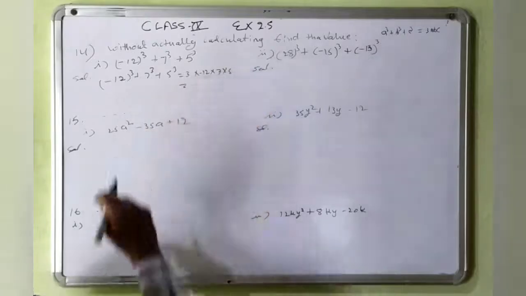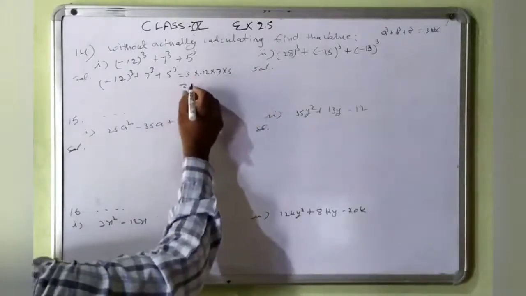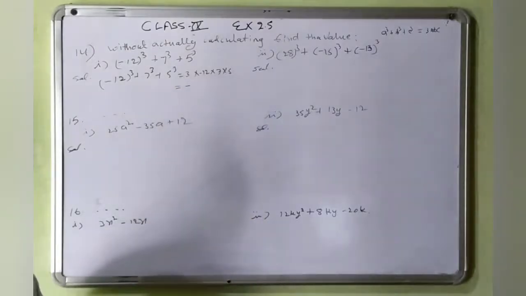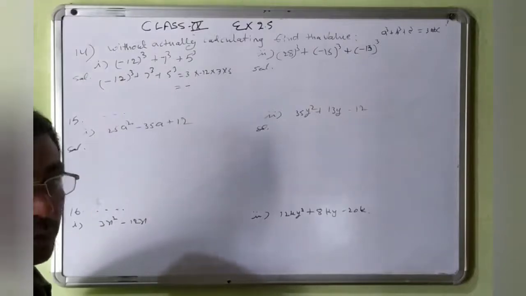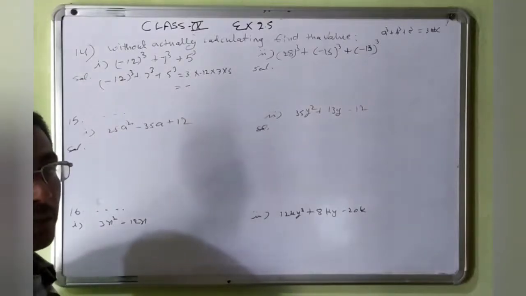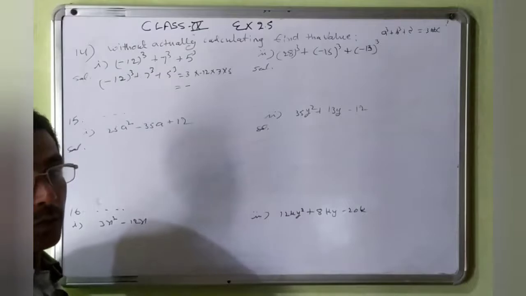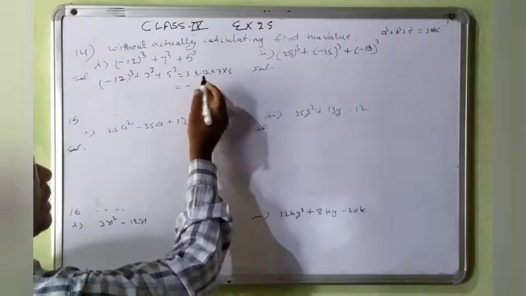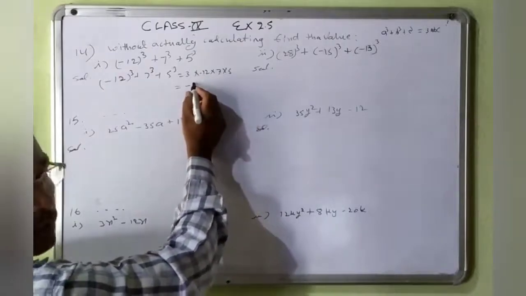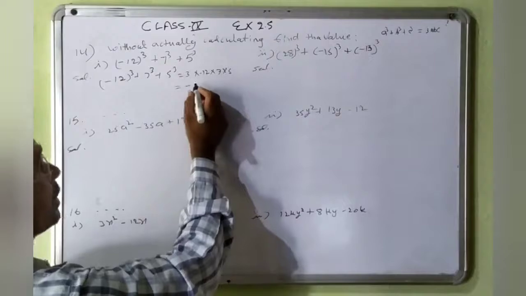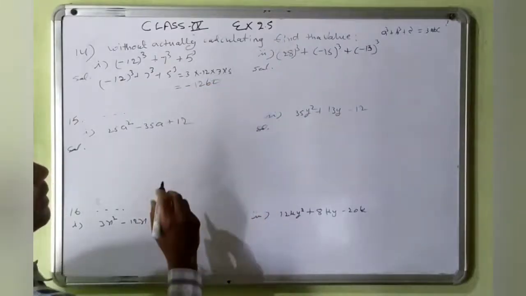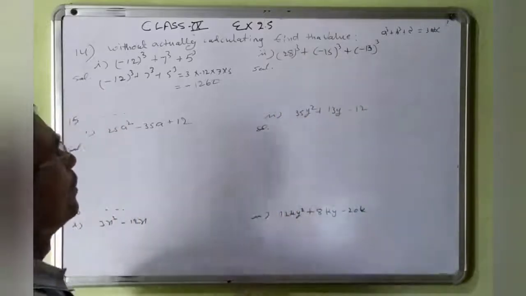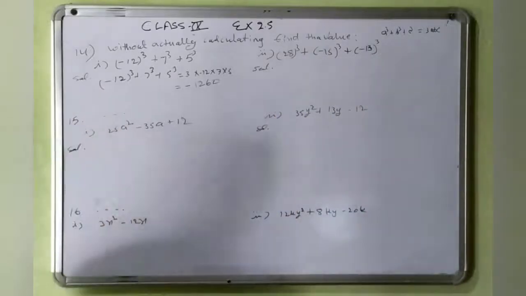Now multiplying these, you know that one sign is minus here, so the result will be minus, and the multiplication of these numbers will become 1260. Write it. Here also you will do similarly. Okay, you can do it.